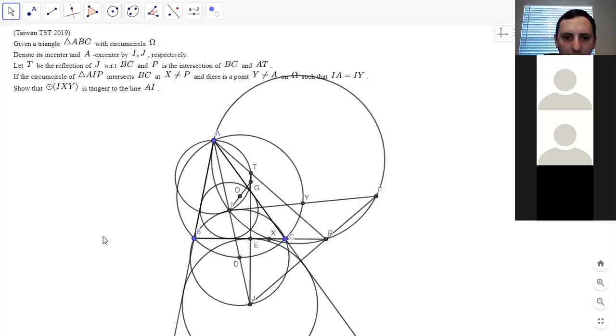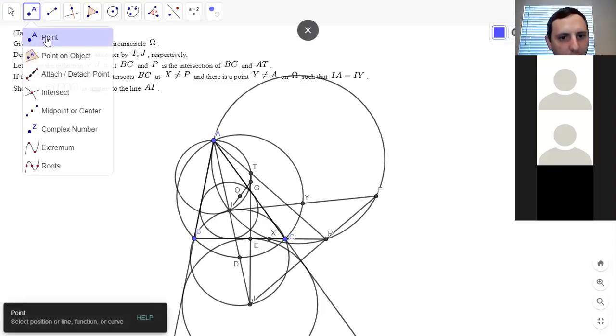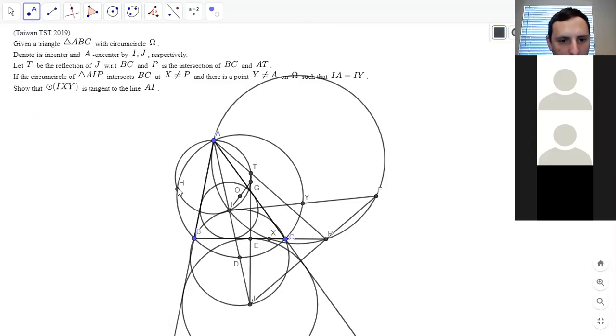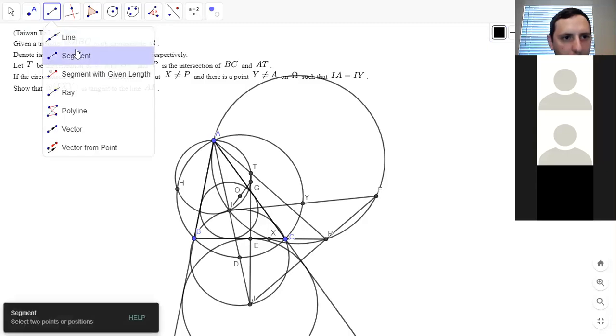Yeah, Serdar's right. It's hard to use that IA is equal to IY. So let's see if we can find a way. I'm just curious what happens if we draw this point. I might delete it in just a second, but